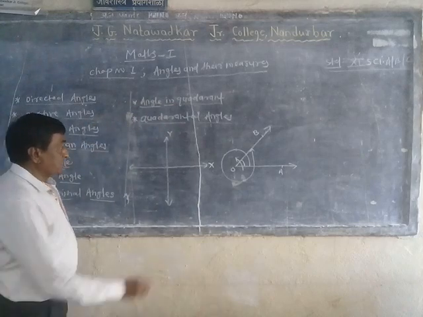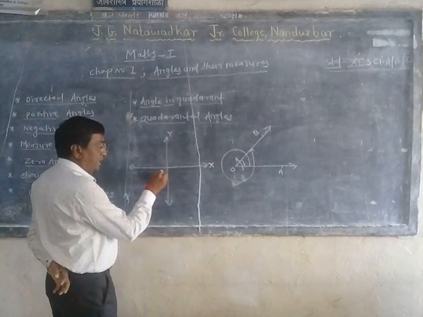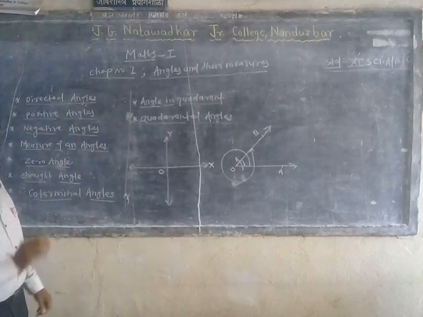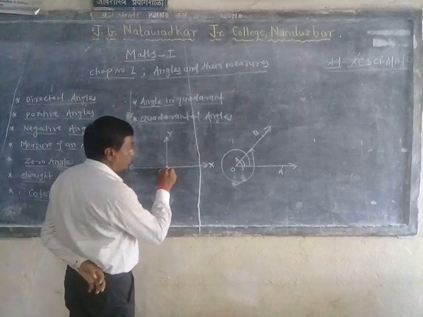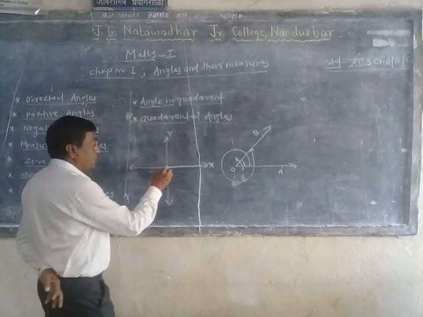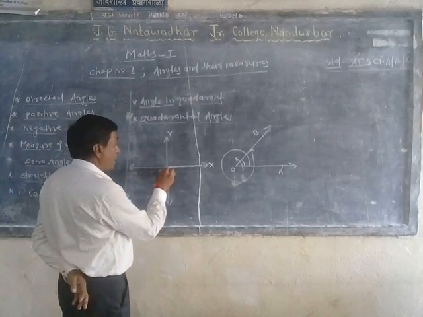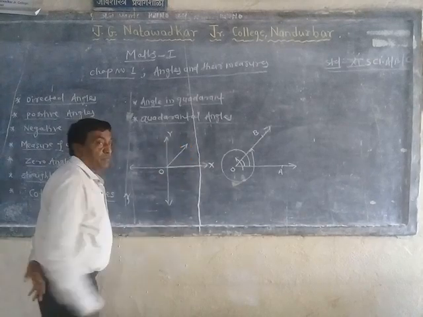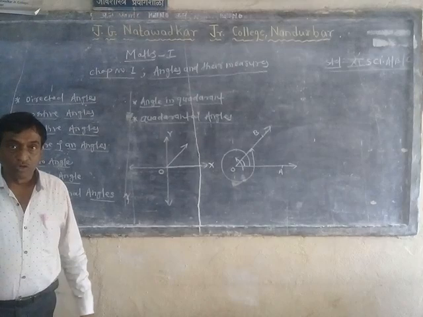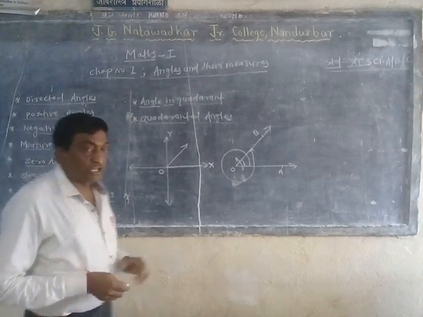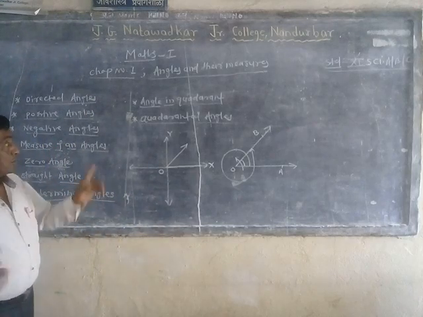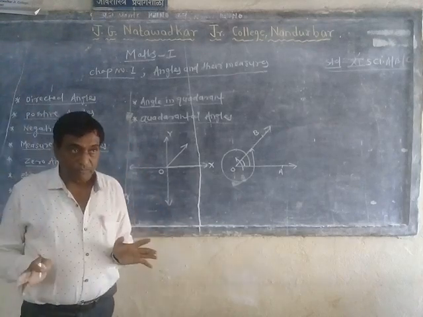Standard angle means the angles whose vertex is at the origin. I will consider the origin. The vertex is exactly at the origin, and the initial arm is along the positive x-axis only. There is no condition about the terminal arm, so the terminal arm lies anywhere. It may be in a quadrant or it may be on an axis. Simply put, those angles whose vertex is at the origin and whose initial arm is along the positive x-axis are known as standard directed angles.